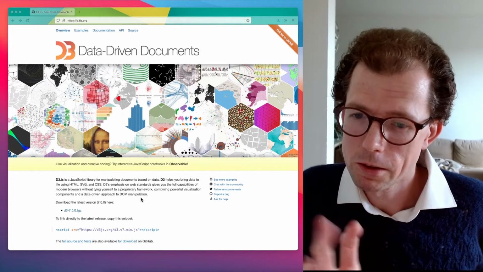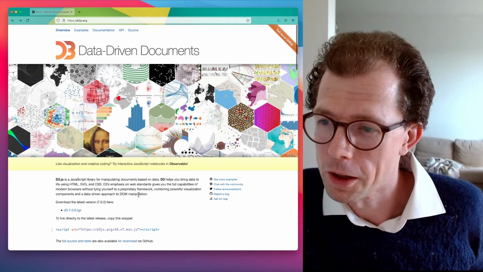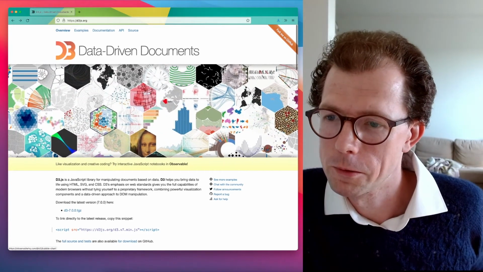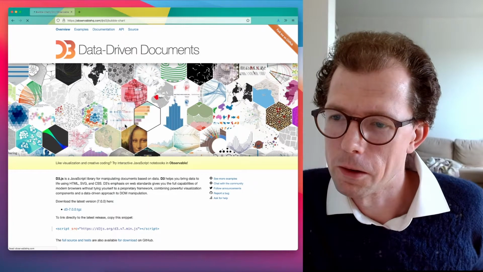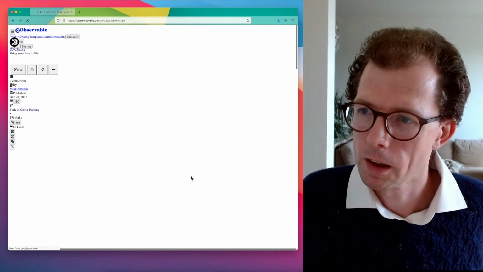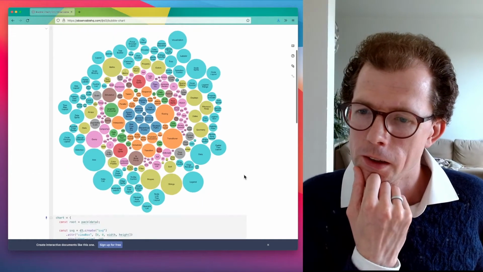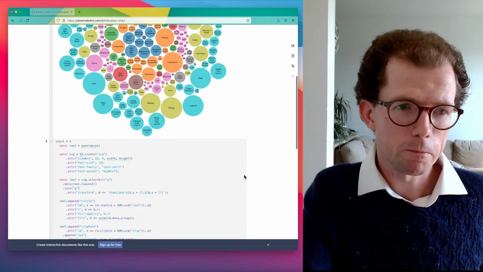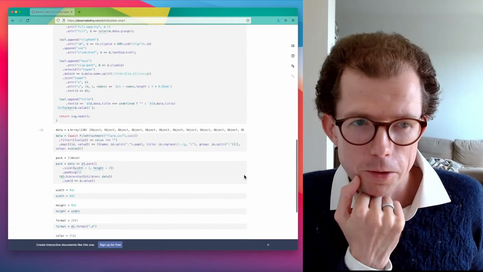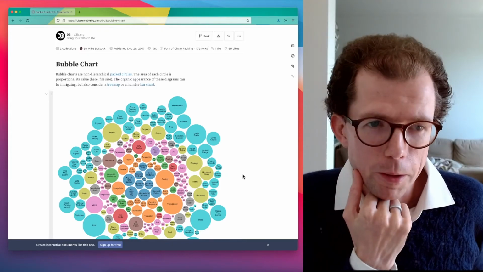But what is nice is if you go to their website, and if you're not familiar with it, you should definitely do this first. Go to the website, you can find a lot of these examples that have the code available. So I think quite a lot of these have got the original code. And there we go. So you can see the visualization, and underneath it you've got all the original code, which you can use as a starting point to get started with D3.